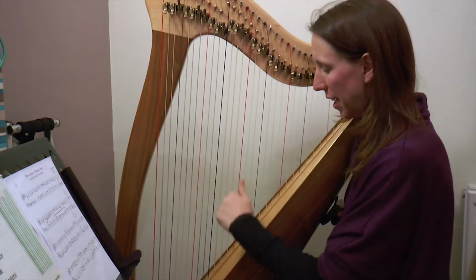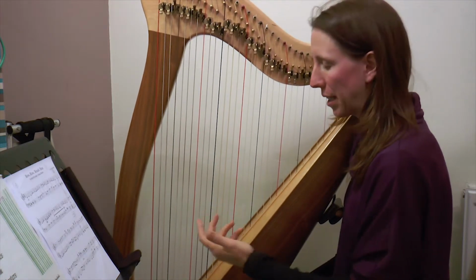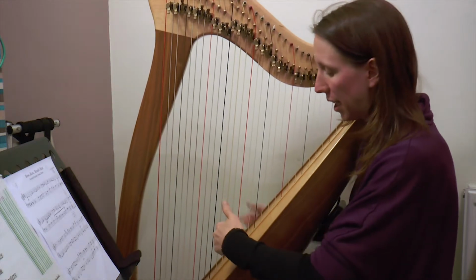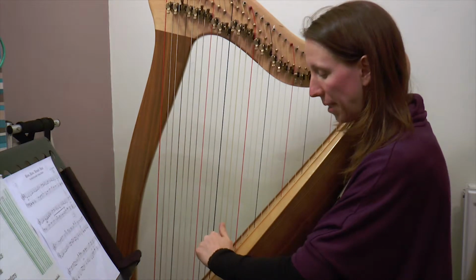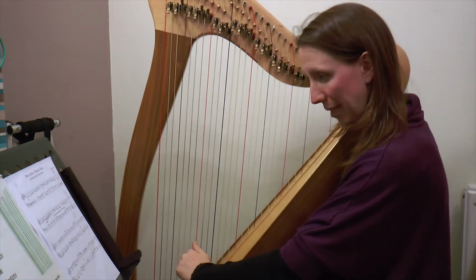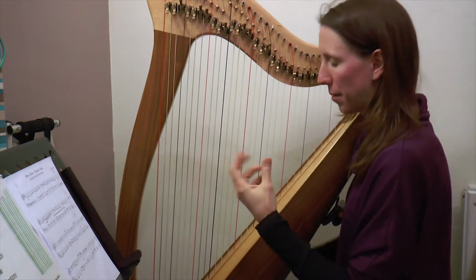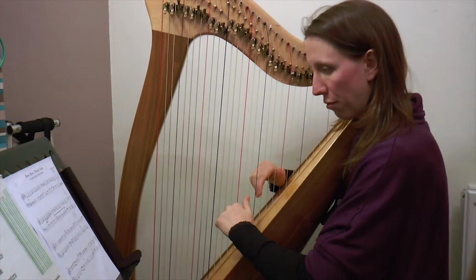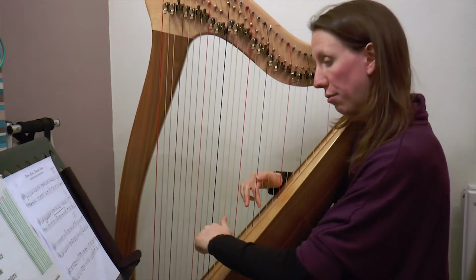The left hand is doing all the notes that belong to an arpeggio, a C arpeggio. So we're starting on the highest C, which is middle C for this, then down to the G, down to the E, and finishing on the low C. Okay, and it's fitting that in between the top notes so that we have right, left, right, right, left, right,